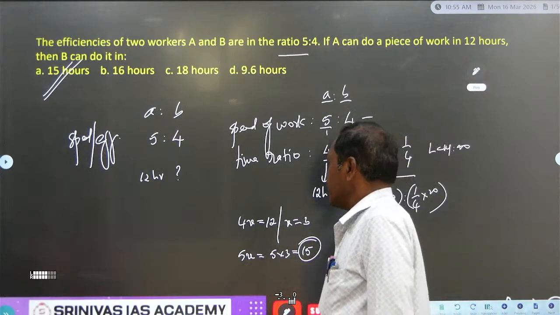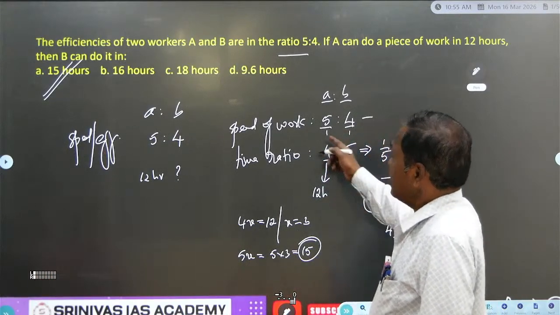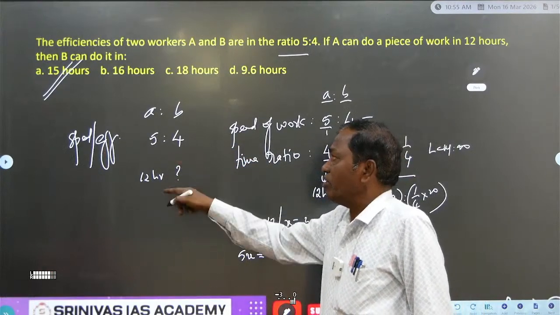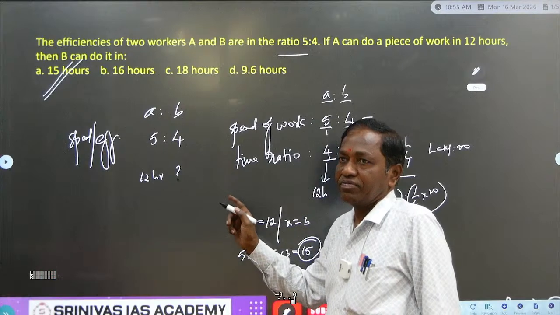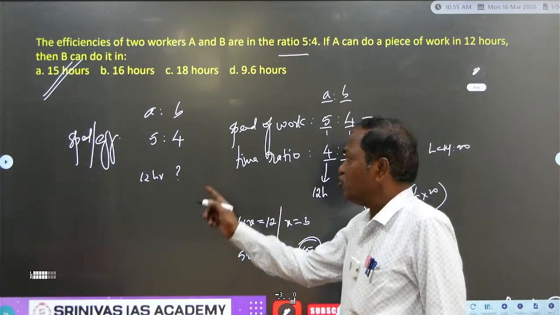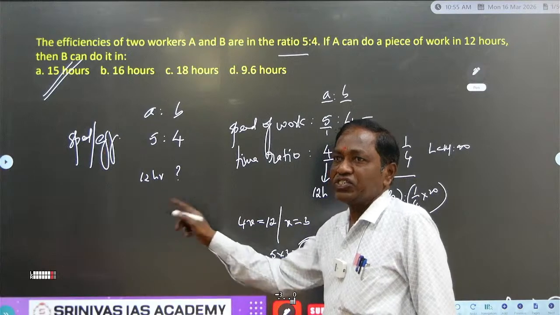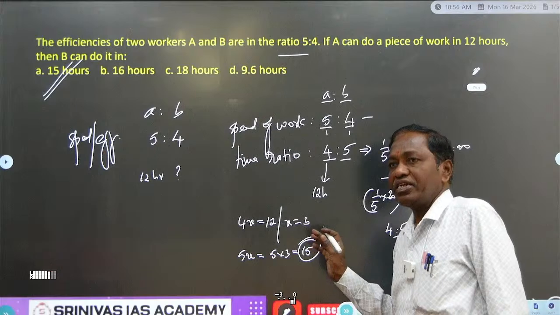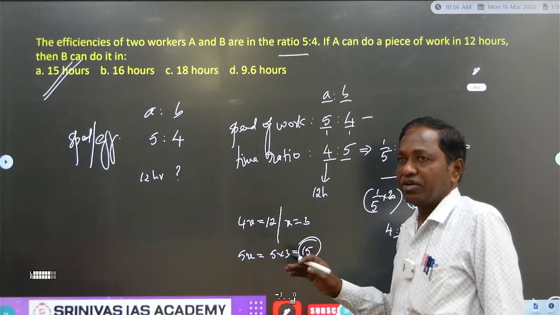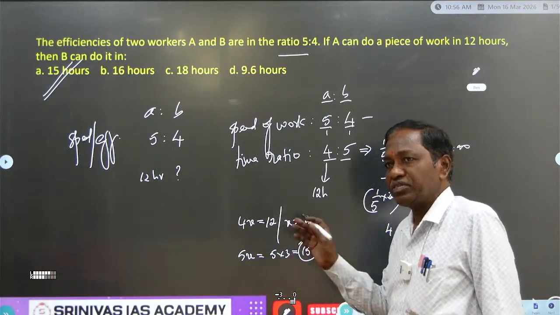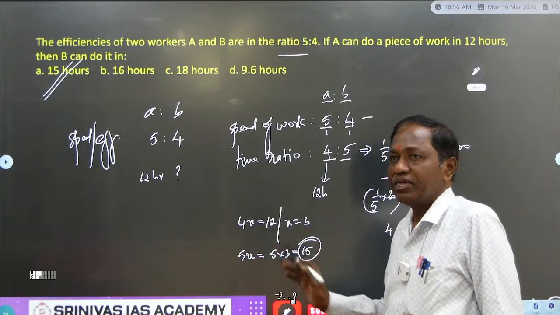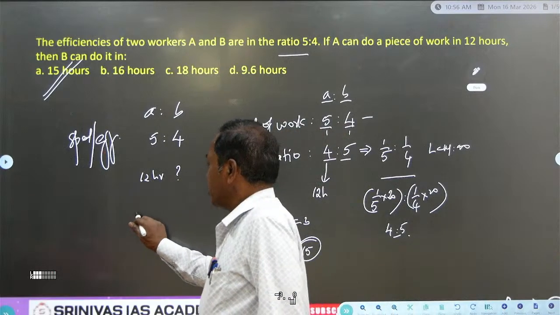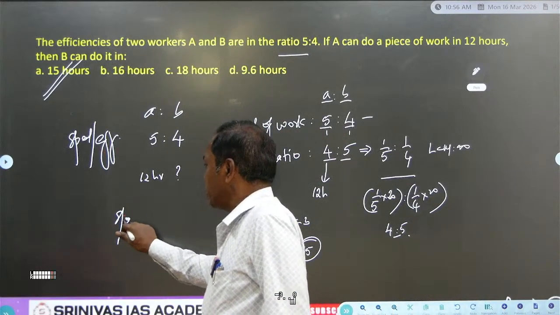Now, 5/1 and 4/1, reverse ratio means 1/5 and 1/4. If there are 2 ratios, straight away you can interchange the numbers. But what is the procedure? You have to convert the fractions into natural numbers by multiplying with the LCM of the denominators. If there are 3 ratios, like speed ratios of 3 people are given,